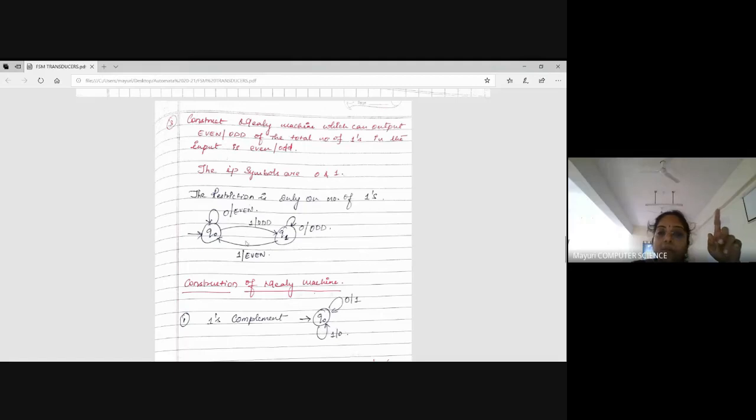When the first time you observe 1, that is an odd number of ones. To the odd number of ones, if you provide one more 1, that will go to the output even. That even state is this, odd state is this. Just fix up 2 states. One is even output, one more is odd output. When I have an odd number of ones, I have to go to the odd state. When I'm in Q1, if I consume one more 1, I go to the state where its output is even.